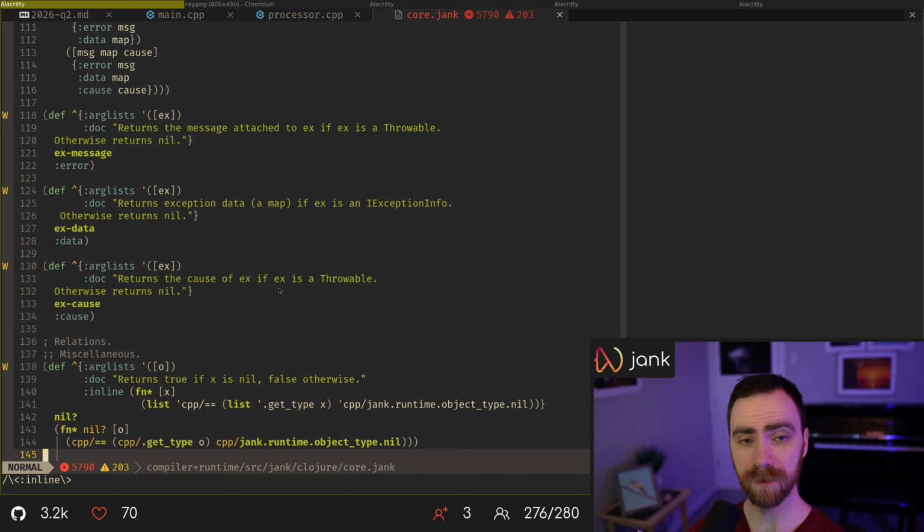But then I noticed that the compile time for Clojure core just exploded. It just exploded, and I don't know why. It shouldn't have exploded. And so we're going to do some investigation,